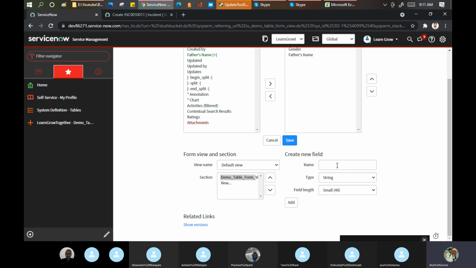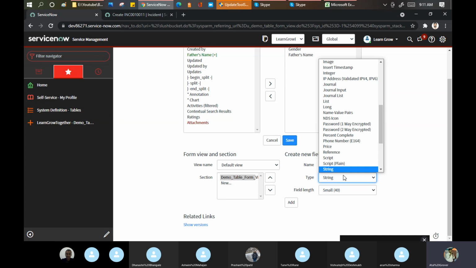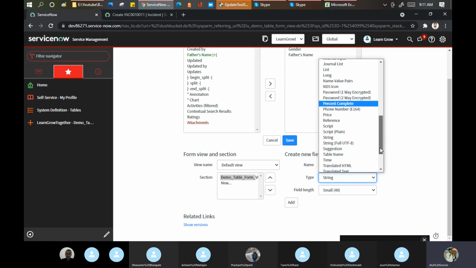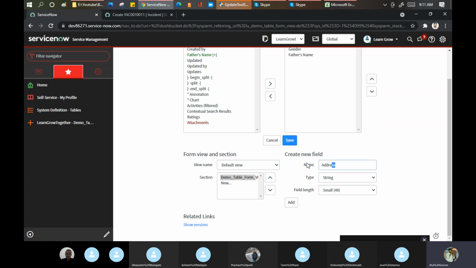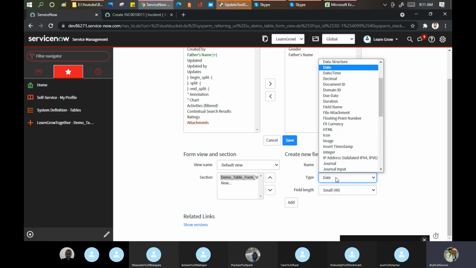and you can see create new field. What type of field do you want? Let me not put address. Birth time, so that Arun's wish can be completed, as a date and time.